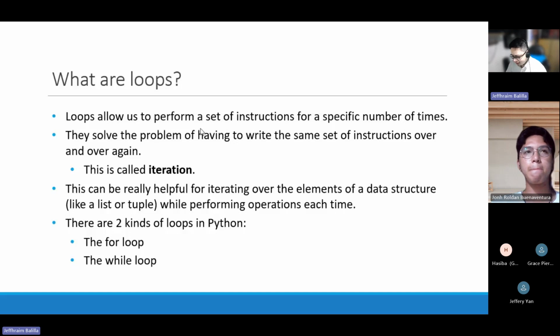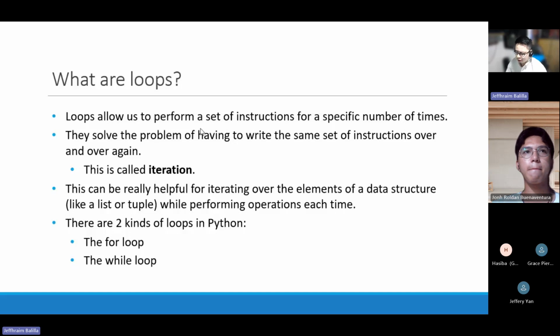This is called iteration. It would do the same process over and over again until it satisfies a specified condition. This can be really helpful for iterating over the elements of a data structure, like a list or a tuple or even a dictionary, while performing operations each time.